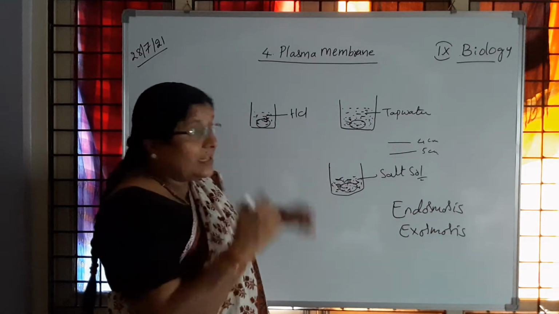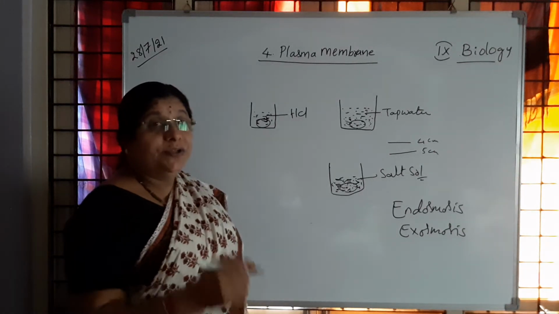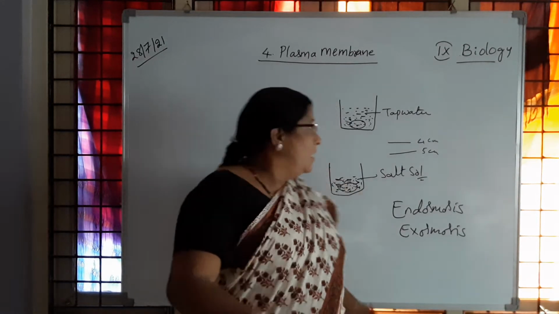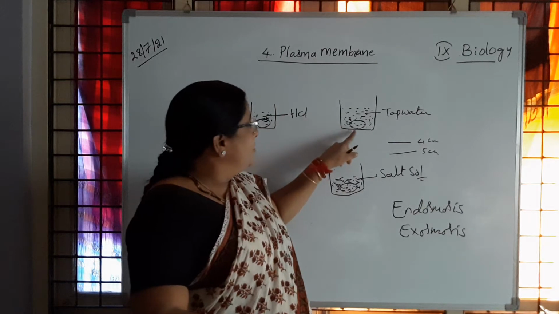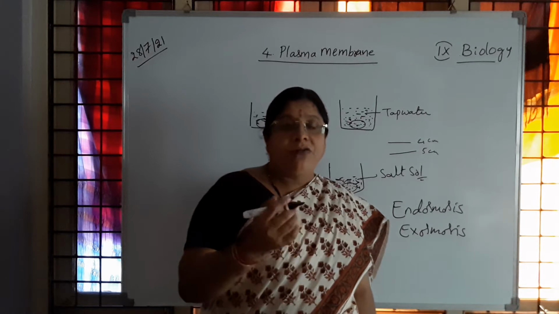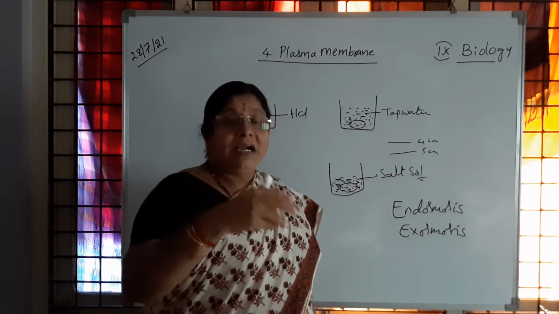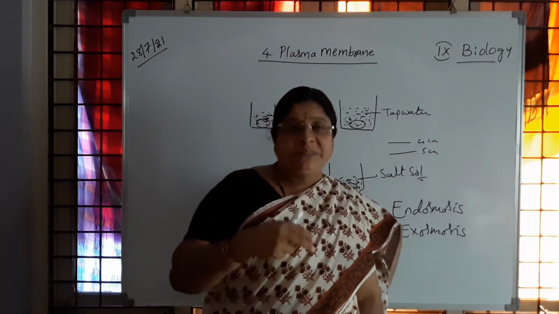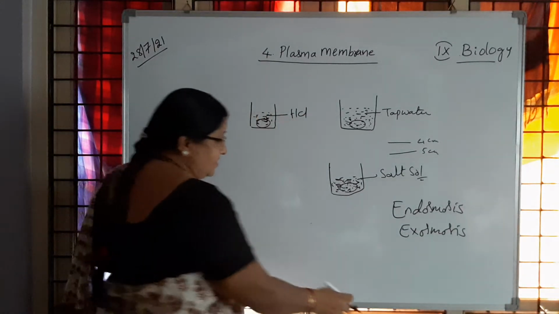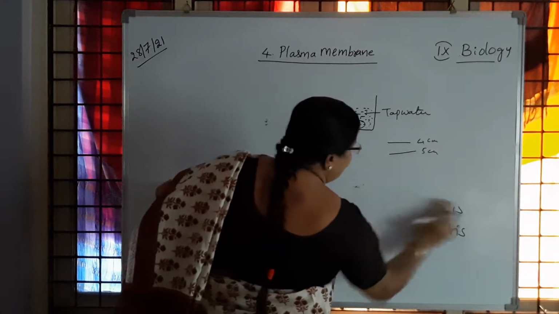So here another activity is also given just to observe the process of osmosis. What is that? You read that activity which is explained in your lesson. We can use the same egg which is used in that activity. Gently we have to pierce it with a pin, so that the content present inside is drained off. Then we have to clean it thoroughly with water. Then after cleaning, we collect the plasma membrane.